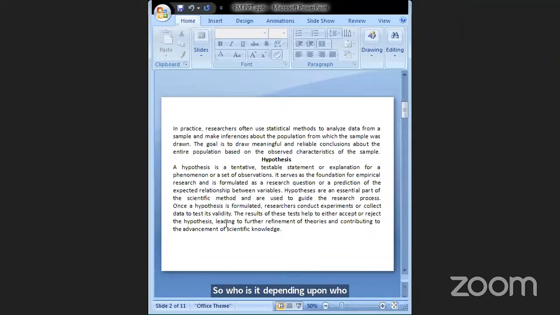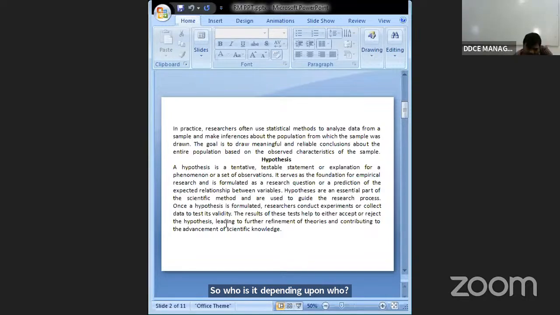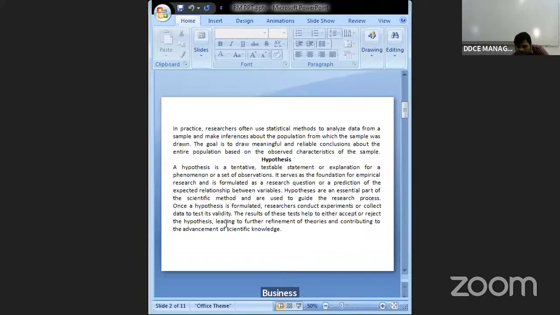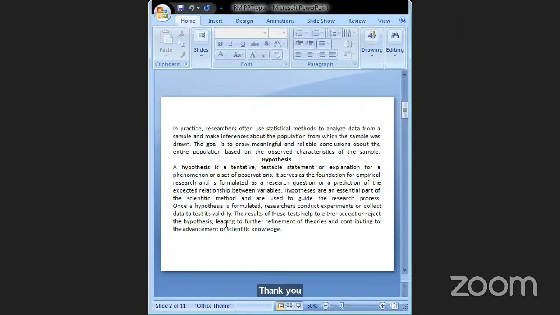Sir, business is depending on social media. Yes, business is dependent on social media. The growth and decay of business depends upon the impact of social media. So obviously the growth of business is dependent. The impact of social media is independent, right?